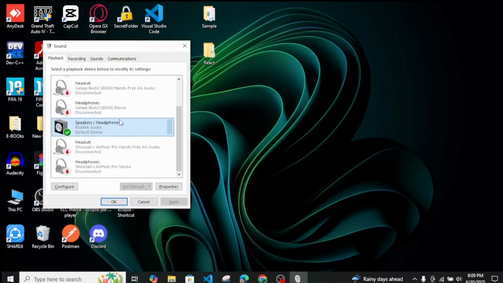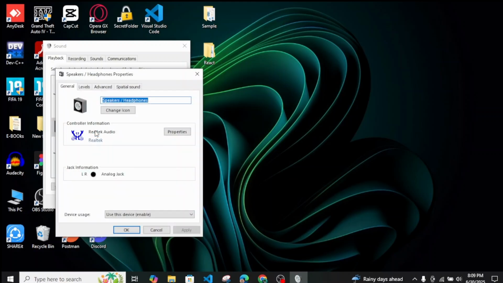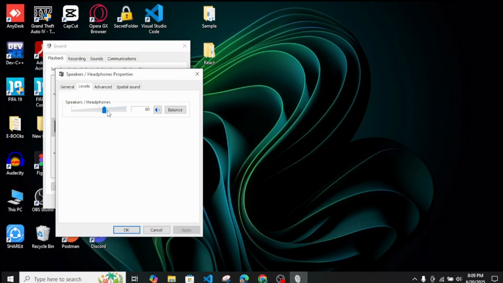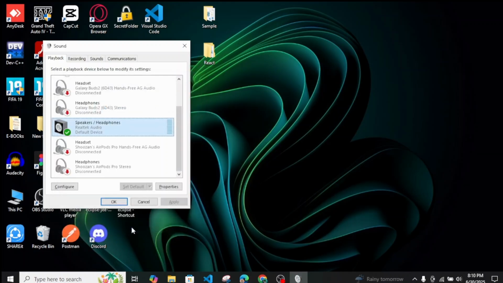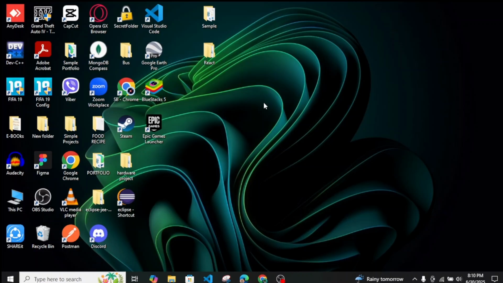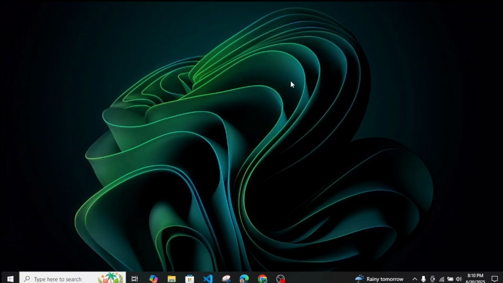And next thing you can also do is just double tap on your microphone, that is the connected microphone, and tap on this level section and make sure it is above 50 over here so that you can hear it perfectly, and simply click on OK, and you may as well restart your PC and your issue should be fixed